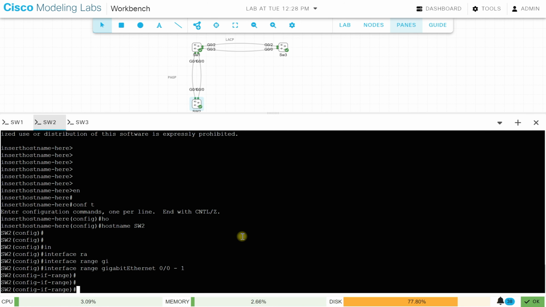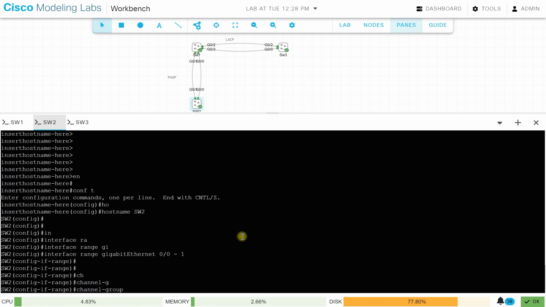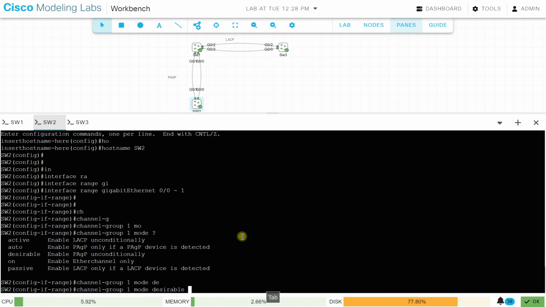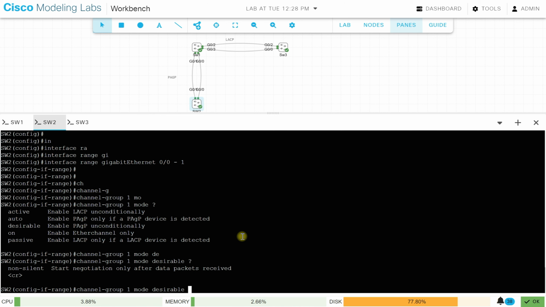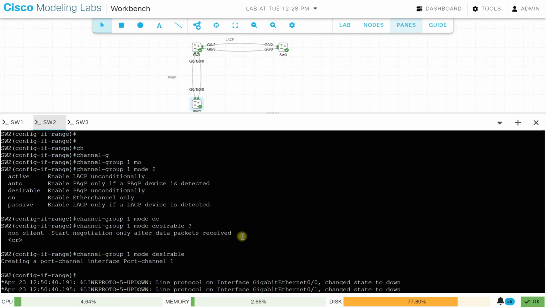Now we are in the two ports. Now we say channel group, it can be 1, it can be 2, it doesn't need to match switch 1, but I use 1 so it will be easier to identify. Mode, again here we can put auto or desirable, but I go with desirable because I always advise anybody who wants to learn from me to always try to hardcode, so that you know what you are getting. So port channel created, link is going down